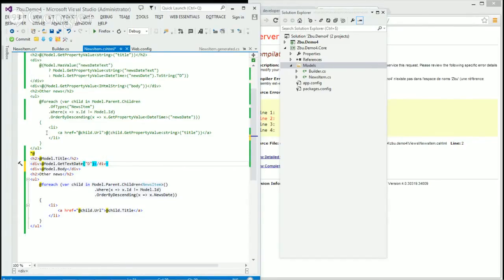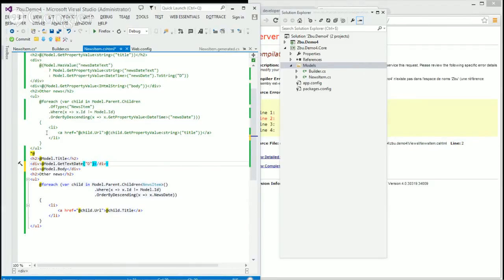And if they have to play with the get property value of string and so on, they usually get lost. Yep. They start to mess with your code and it doesn't work anymore. If you give them something that looks like that view, it's fairly easy for them to understand that @Model.Title is the title. They don't have to be gurus to understand that type of thing.